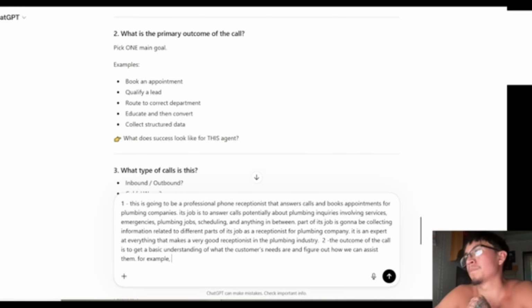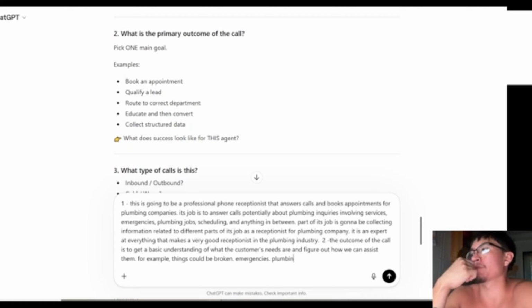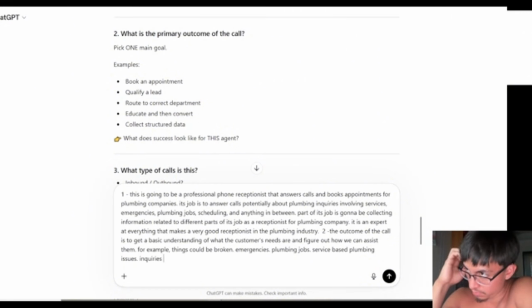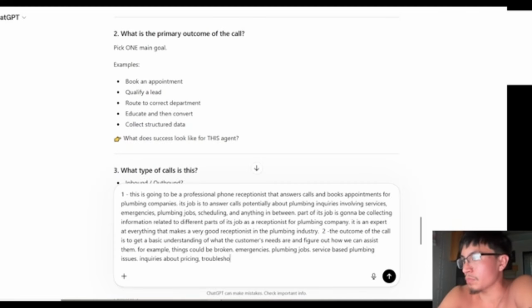So think about it like this. Right now at this point, we're thinking broad. We're thinking overview, high level. So a broken pipe falls under a bigger category. What is that category? For example, emergencies, plumbing jobs, service-based plumbing issues. Do you see how I'm very high level? I'm just telling it what some needs could be. Or it could be inquiries about pricing, or maybe even troubleshooting,